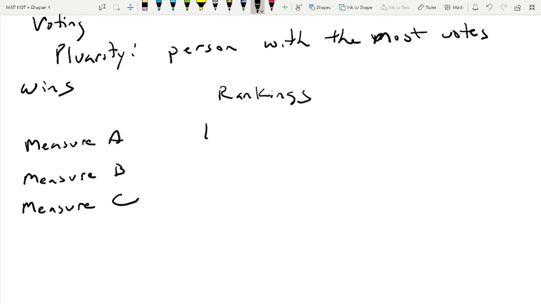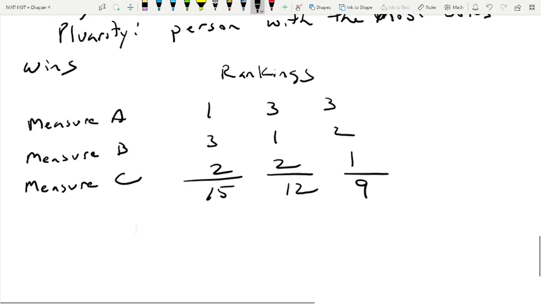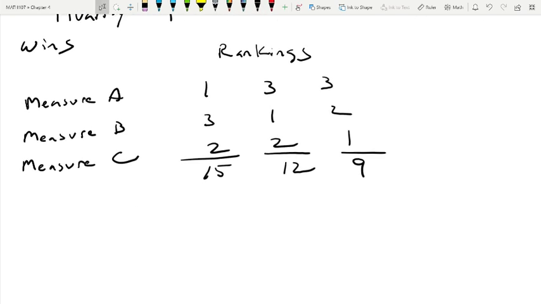We had 1, 3, 3, 3, 1, 2, and then 2, 2, 1. And then in terms of number of votes, we had 15, 12, and 9. So what this chart tells me is that measure A